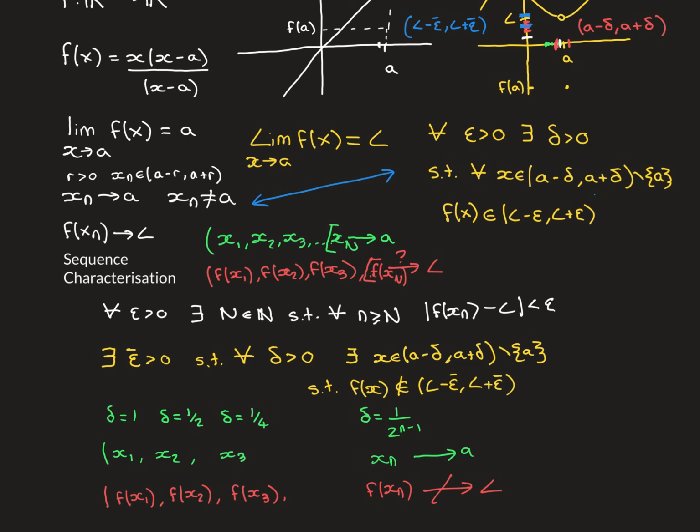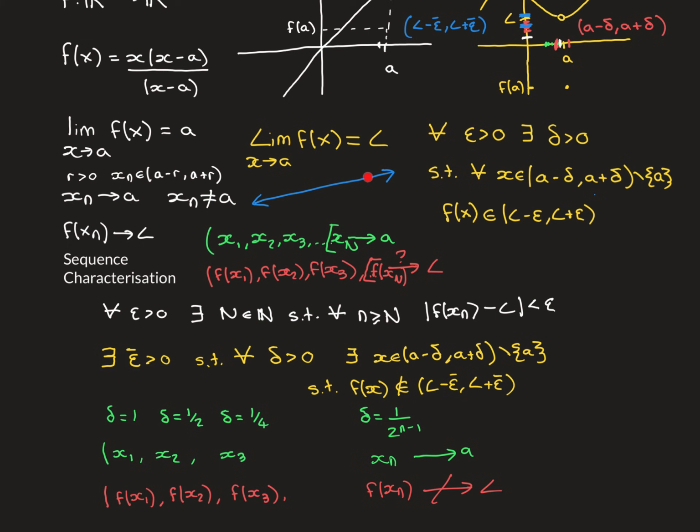You can take terms in the sequences just from an interval however small you like, and if all of their image sequences converge to L, that's going to be equivalent to this epsilon-delta definition for the limit of the function equaling L as x approaches A. So that's going to be extremely helpful, because now we have much more control over what the terms of the sequences are going to be in this sequence characterization. So let's understand why we can weaken it like this and this equivalence is still going to hold true.